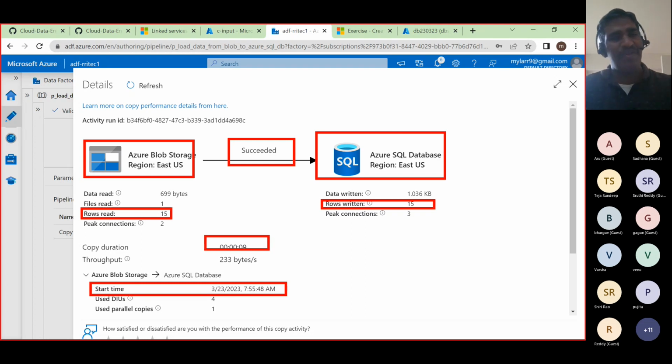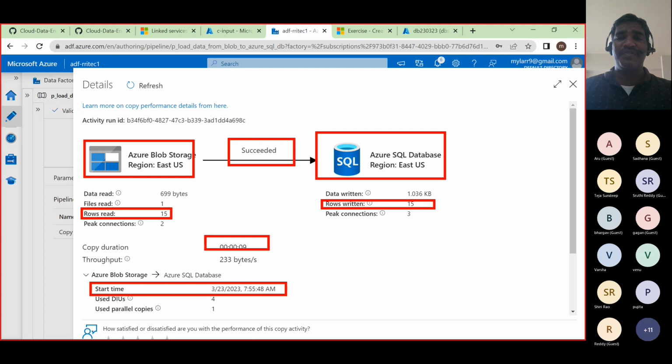If you want to send all this information in a mail, we have that option also. We are going to learn that down the line. Once it is completed, we are going to send a mail: Hey, your pipeline is completed. The details are these many rows are read, these many rows are loaded. Like that, we are going to give the information in the mailbox itself. We are going to do that down the line. For the time being,